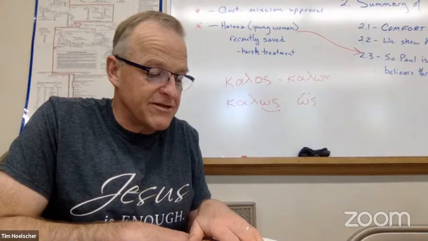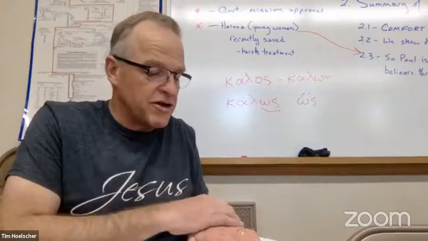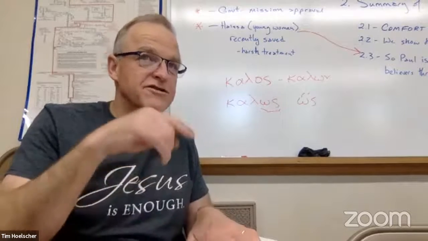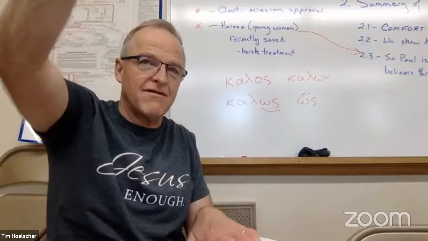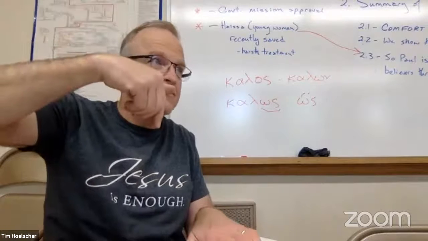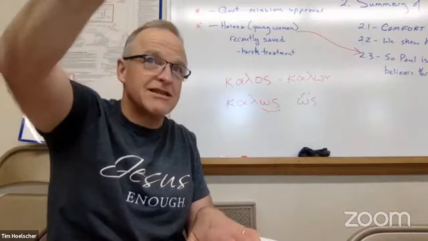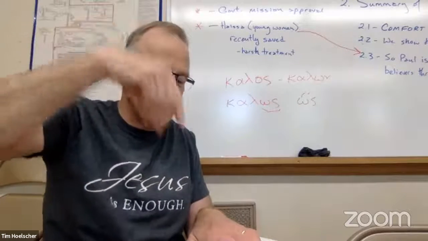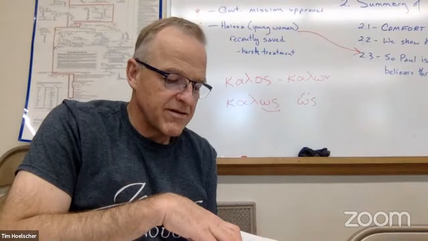No, hutoi is a near demonstrative, so it's not they, but if you take they and put them near demonstrative, then it becomes these. So those over there, but these over here. Okay, so but these